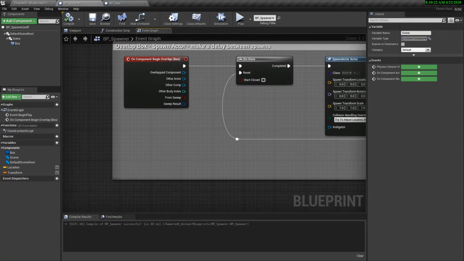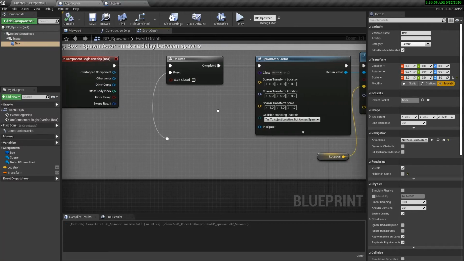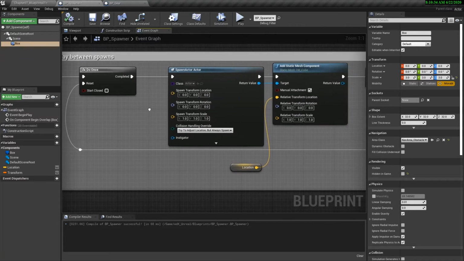And then the next step is simply a collision box. And when you overlap that collision box, we are spawning an actor. Now you can see there's this purple input here, and this is the object that it's referencing.